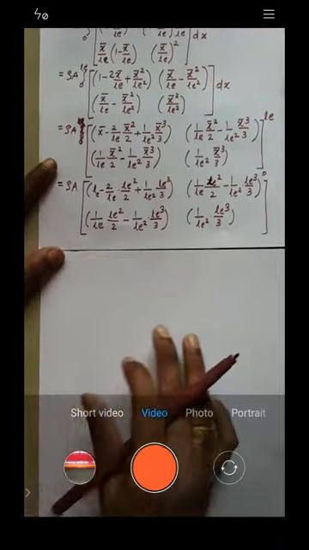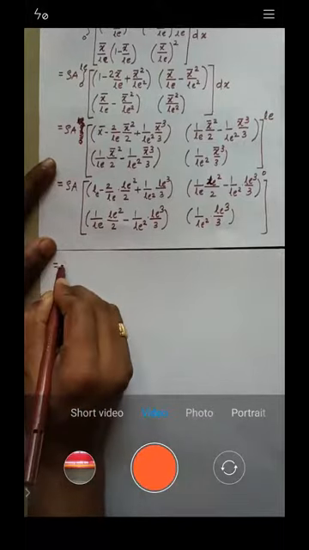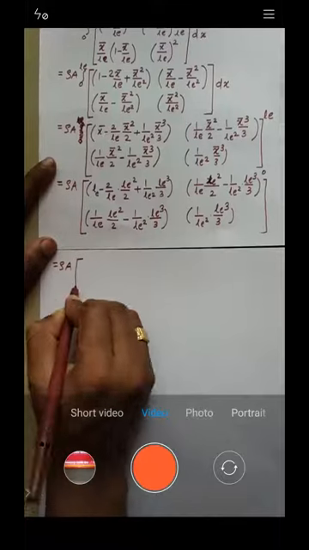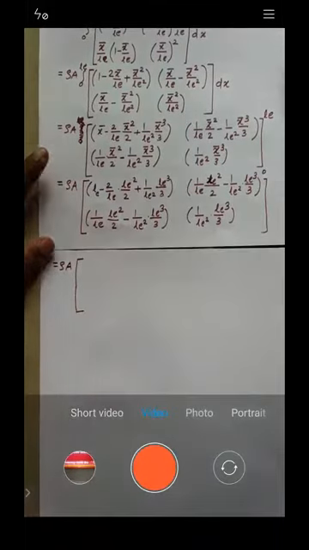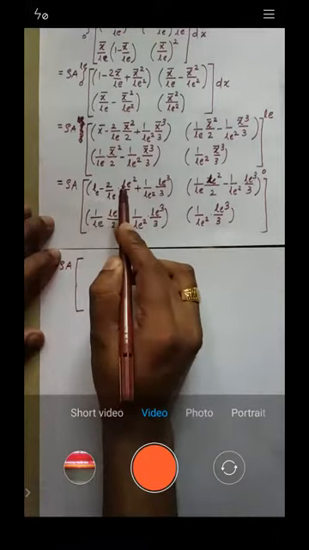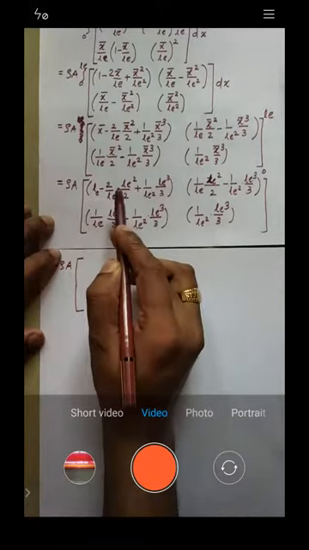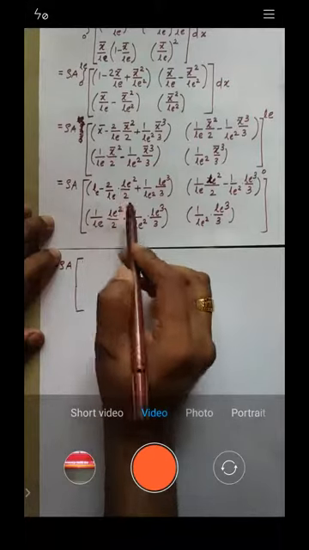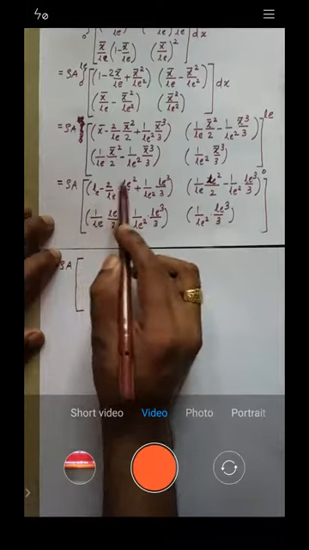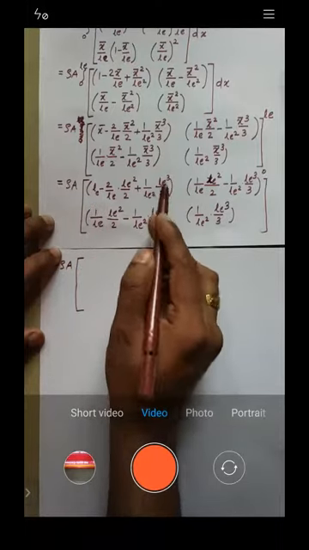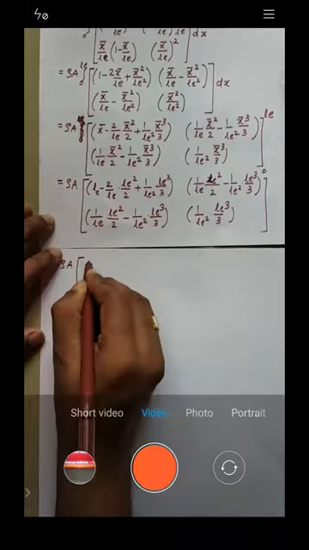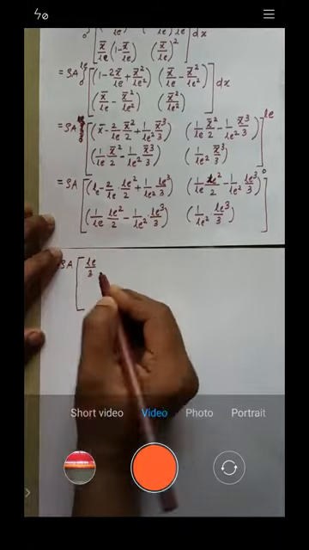So let's see what we will get here now. Rho into A. See, what we'll get here now? Here it is LE. 2 gets cancelled. Here it is again LE. 2 gets cancelled. Here it is LE square by 2. Here it is LE. So you'll get only LE. So LE minus LE gets cancelled. What is remaining here? It's LE by 3.